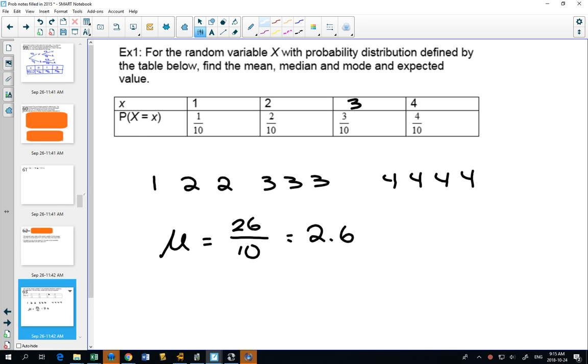The median is the one that happens right in the middle. Where does the median happen here? Between 3 and 3, right? Right, because there's 10 terms, so it's going to be the average between the 5th and the 6th one. So our median is equal to 3. And of course, which one happens the most is 4.